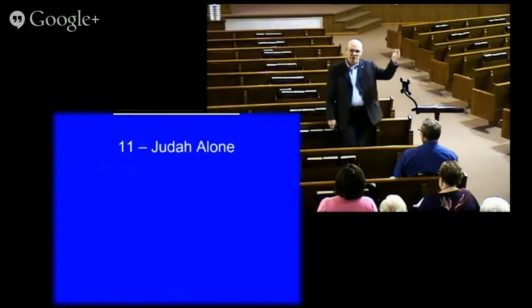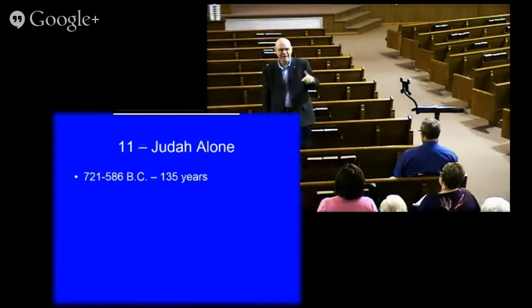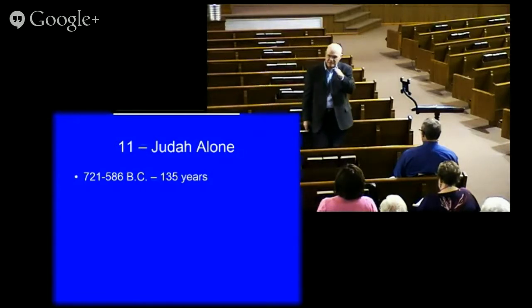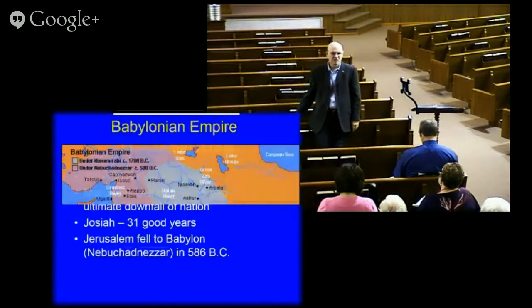So with Israel gone, no longer a nation, the divided kingdom is over. Now we got Judah left alone. Now for the Judah-alone period. And this lasted from 721 to 586 BC, about 135 years. Now, watch the dates. They're going to be a little twisty here when we start looking at the dates. Back to 586 BC. We'll see that change up a little bit. So Judah alone,